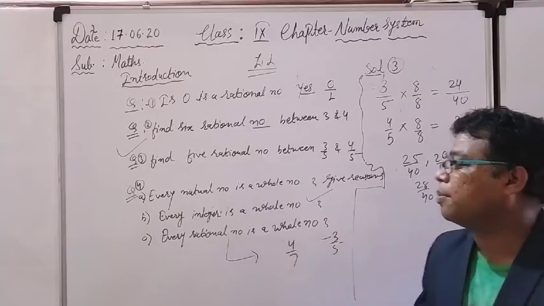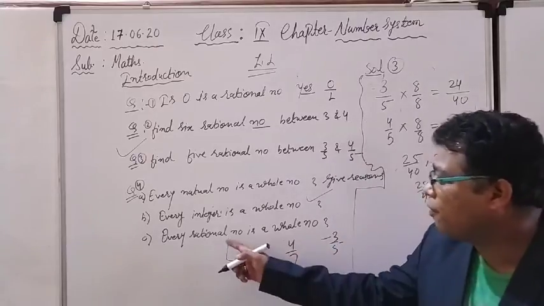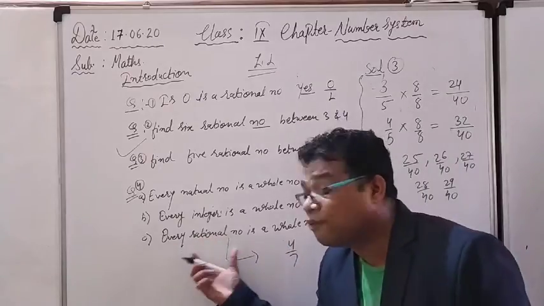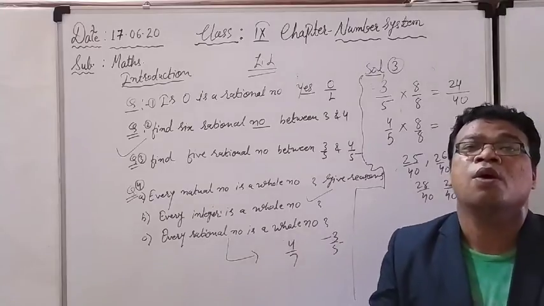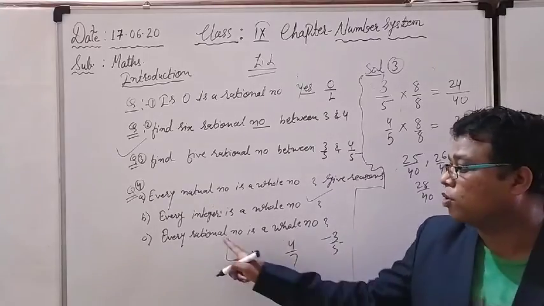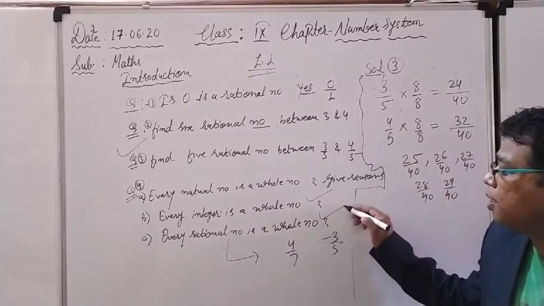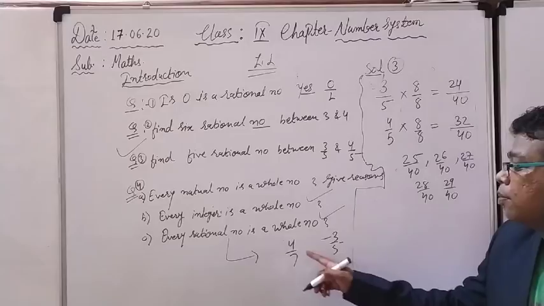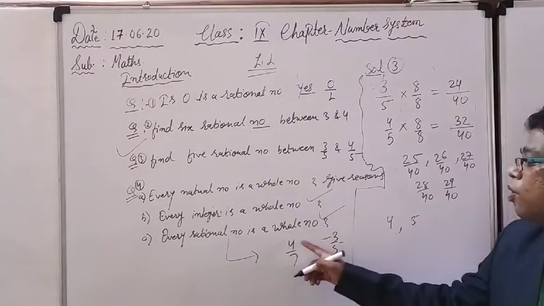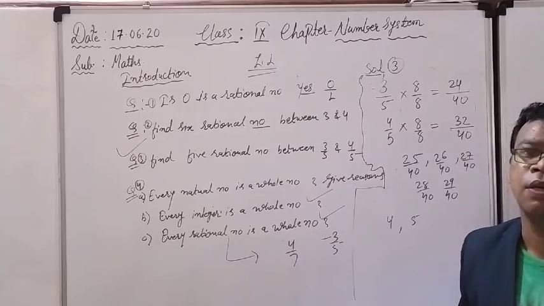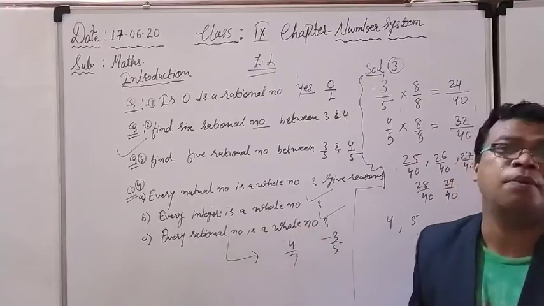तो rational number के बारे में जब अपन बात करते हैं, so wait. It is asking about every rational number. क्या every rational number को whole number बोला जा सकता है बेटा? No. Why? Because when we are talking about the rational number, it can be written in the form of p upon q, and those are not coming in the whole numbers. 4/7 को अपन whole number बोल सकते हैं क्या? नहीं. 4 is a whole number, yes. 5 is a whole number, yes. लेकिन 4/7 को आप whole number नहीं बोल सकते हैं. दूसरी बात, rational number में negative numbers भी आते हैं और वो whole number हो नहीं सकते.